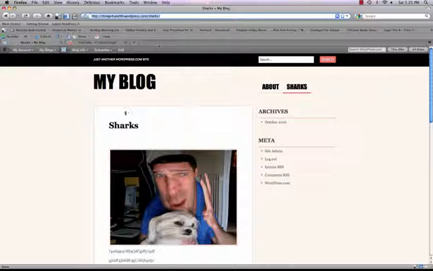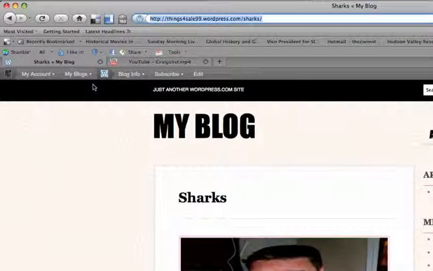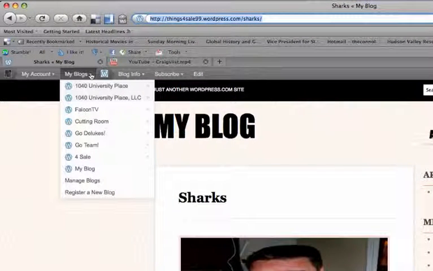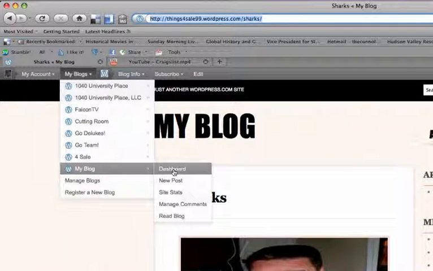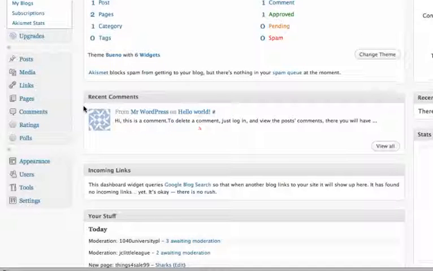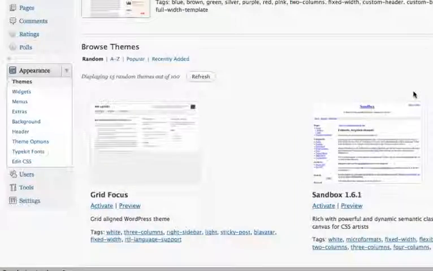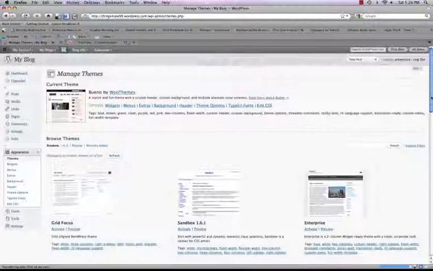So you can change the template, by the way. You can't change the name of your site once you create it, but you can change the template as often as you'd like. So how would you do that? You would just come back to My Blogs, find the one that you created, go to the dashboard, and then you would go to Appearance. The one downfall of using blogs is you are going to have,